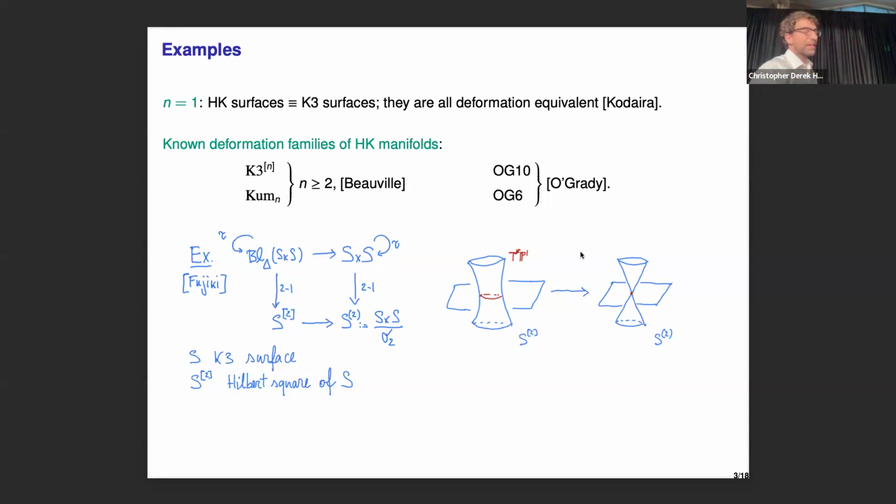And the nice thing about this is that it's T star of P1, which is one example of a symplectic manifold. And so you can imagine that by gluing the symplectic form, I get something which is the Hilbert square. So this actually on the diagonal does remember the scheme structure of the two points. And this is an example of hyper-Kähler. Okay, if you want to have a proof, you just complete the diagram on the upper left corner, and you do a calculation. It's not so hard actually to finish the computation and to prove that everything works. Okay, this is an example due to Fujiki.